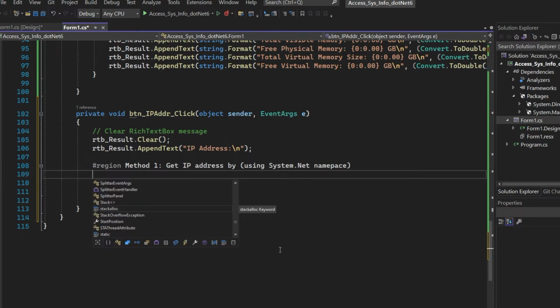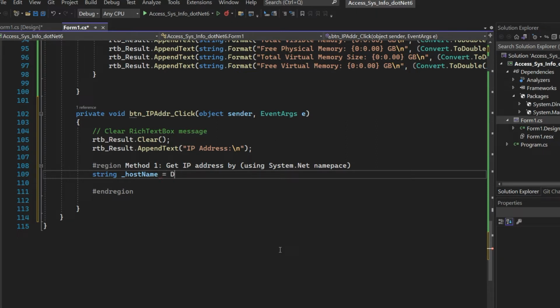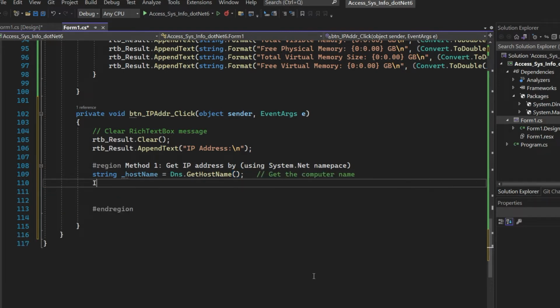Now I'm going to use a string variable called _hostname to get the hostname from the Dns.GetHostName method. Hostname is your computer name. Next line, IPAddress array.